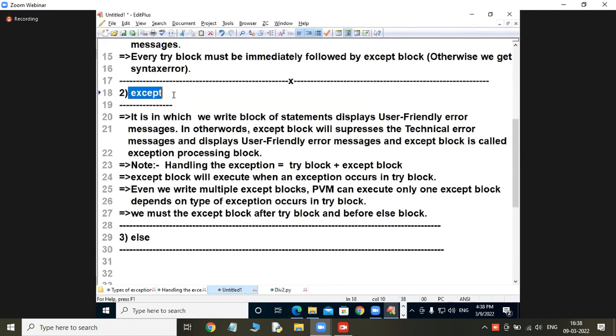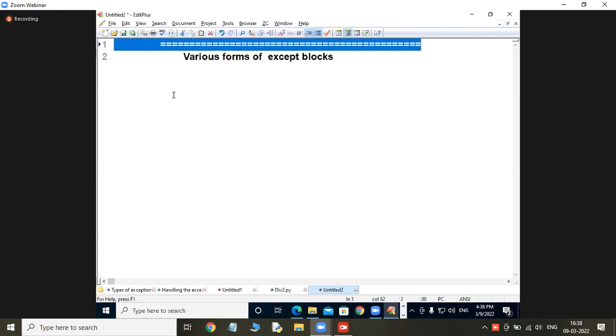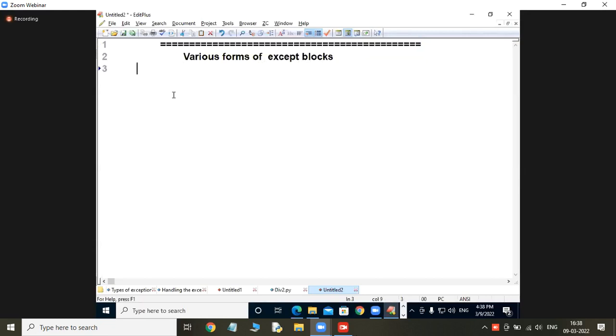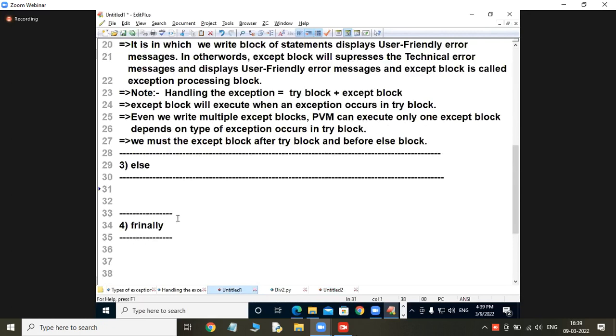The next part is the various forms of except blocks. This is a separate discussion I am going to give you, with different examples. See students, very easy. After a few minutes, I'll come to that point. Let us come to the else block now. So let's start the else block.